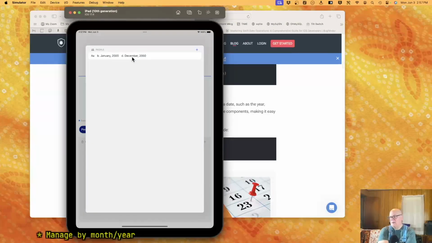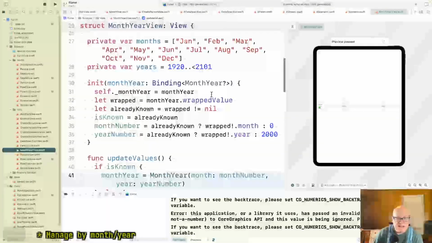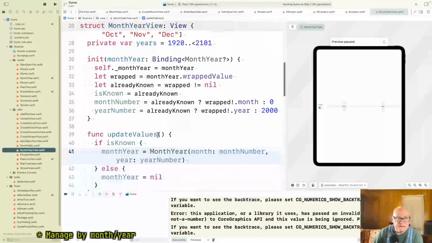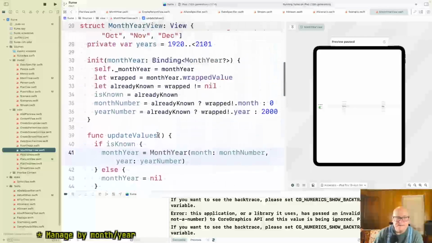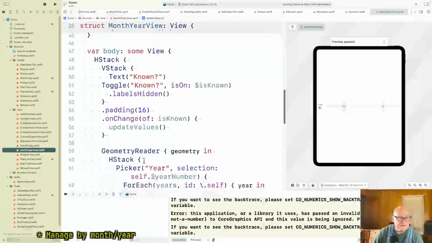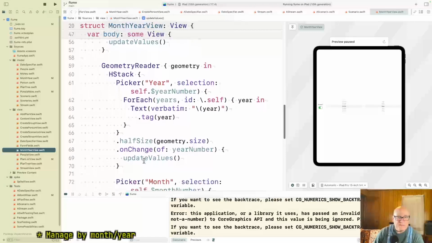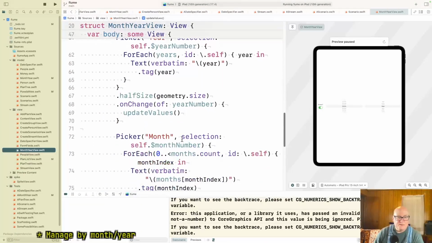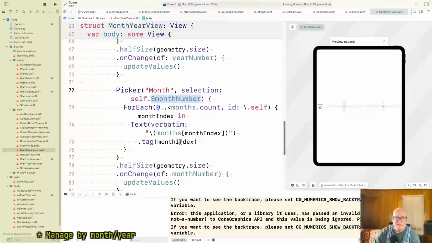How is that working? Yeah, it's the strings representing months. So I don't know. Did I tag it? Where did the value come from? Month year view has both. Okay, so each one is a picker month number. Tag is month index. I don't get it.